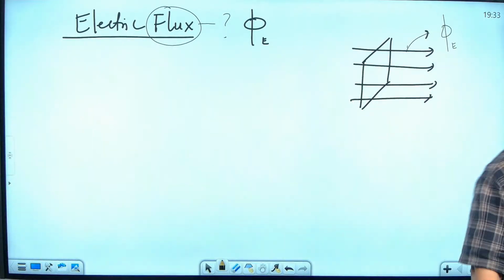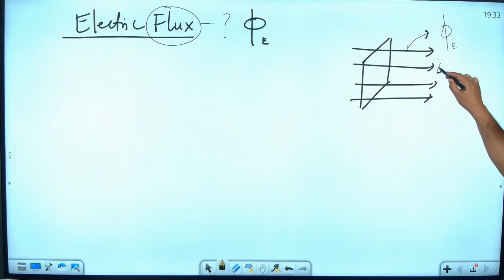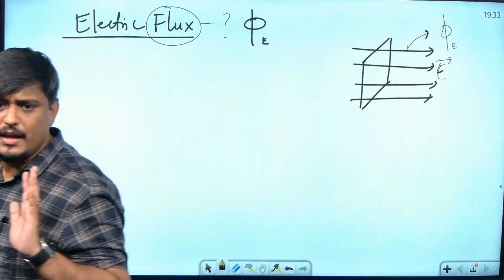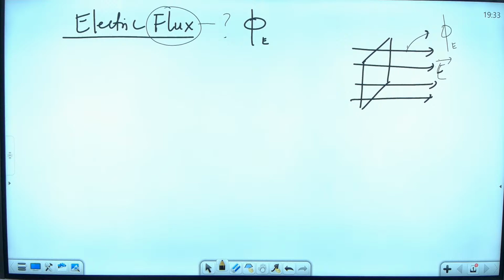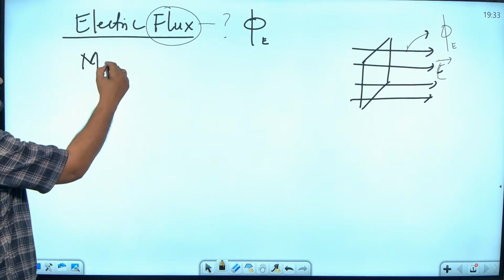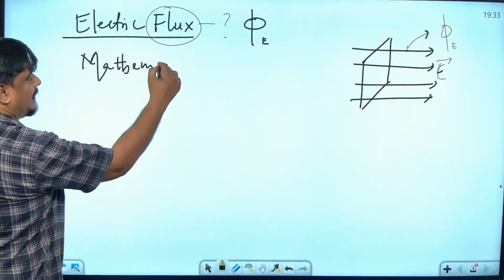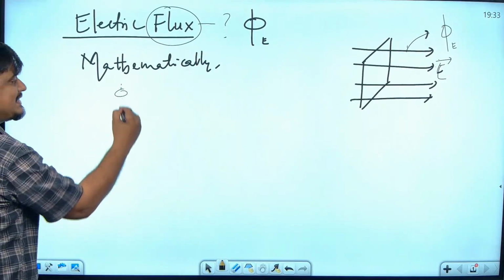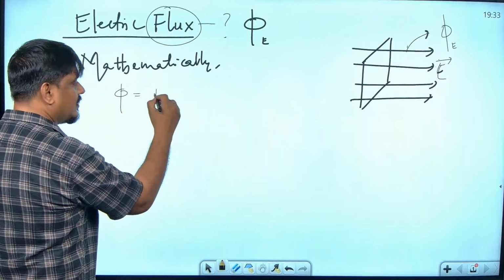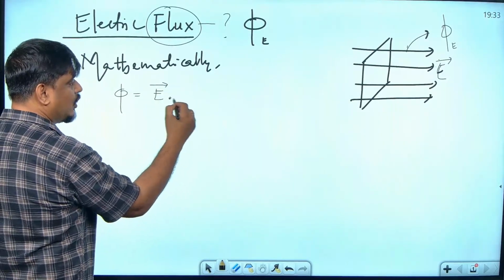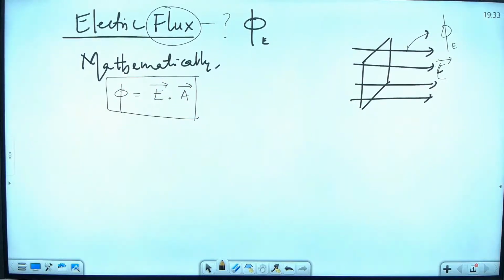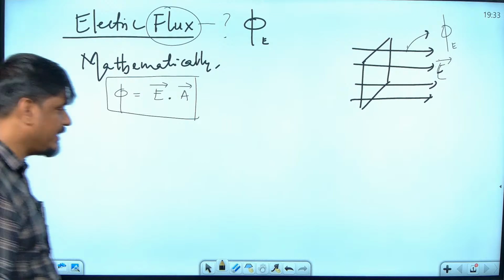So what is electric flux? These electric field lines passing through an area. That's all. Simple. Now I'll tell one more thing to you. Write that mathematically, phi is equal to E vector dot A vector. Phi is equal to E vector dot A vector,